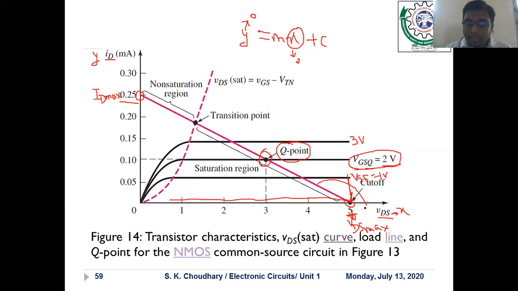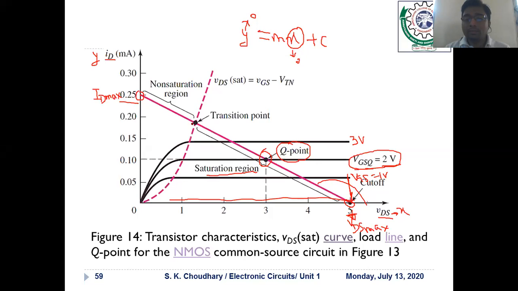Now we have to define the cutoff voltage. As we said above, when VGS is greater than threshold, that is VGS equal to 2 volt, you also have to define the Q point here. This Q point is situated in which region? This is called the saturation region. Immediately when your VGS is greater than VT, your transistor enters directly into the saturation region, where it acts as an amplifier. In this region it is only possible for it to work as an amplifier, and that is our main purpose of design.